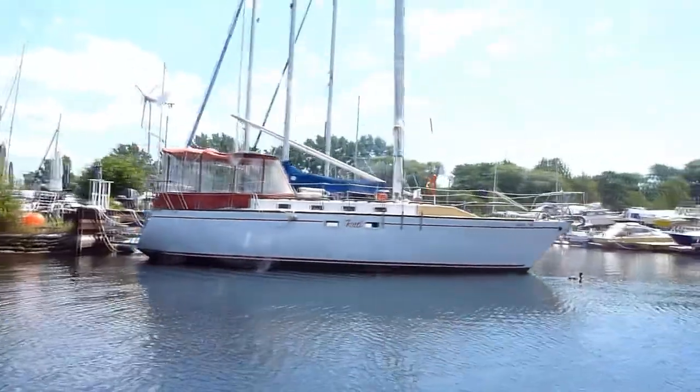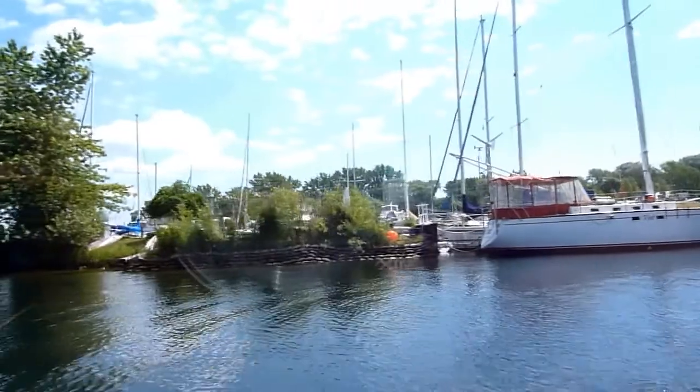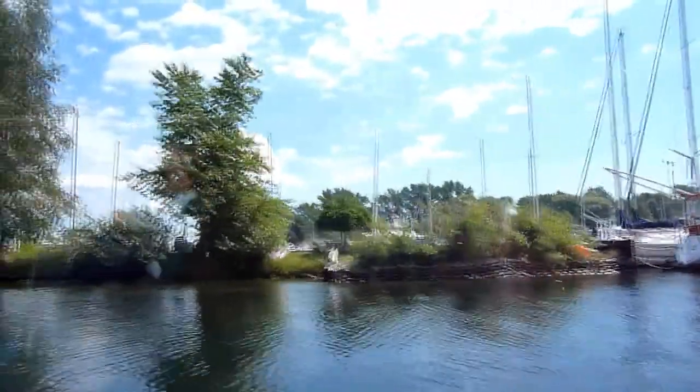It's very nice out here. You can see these boats arguably have the best dock space because they can have a backyard. They'll live on their boat, set up their picnic tables and